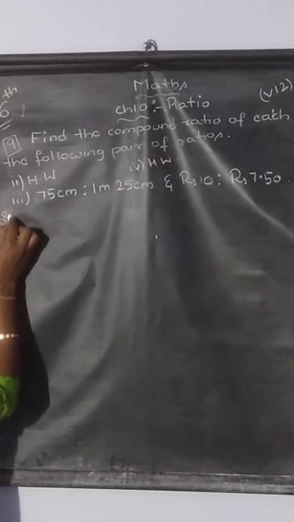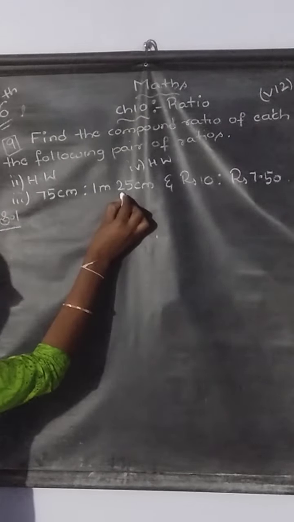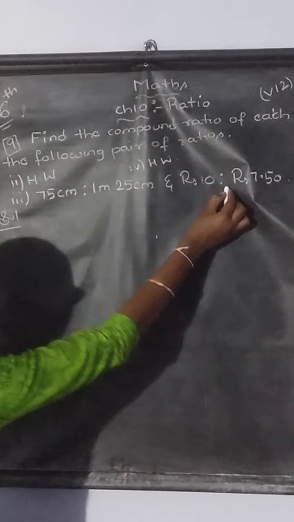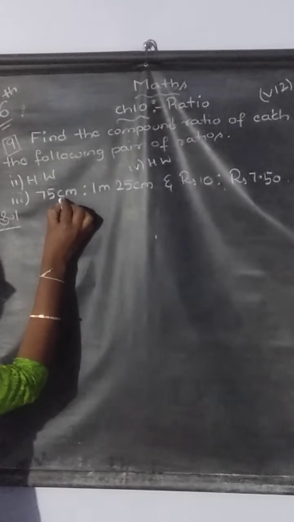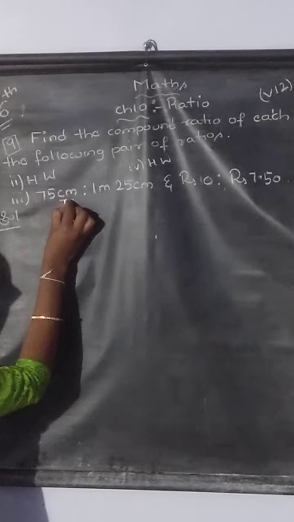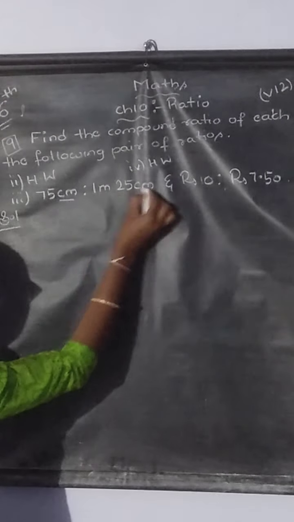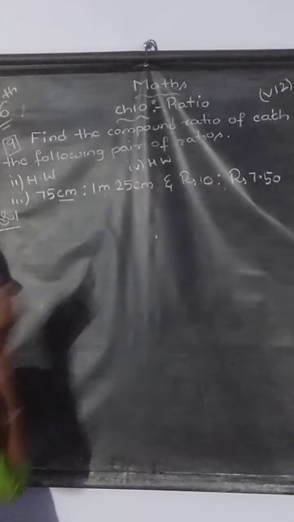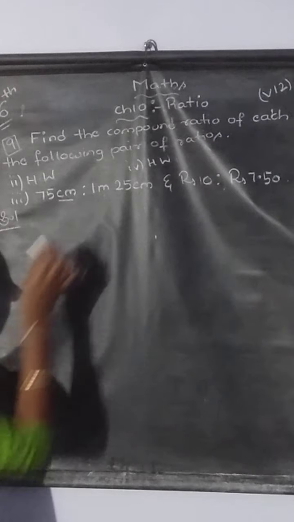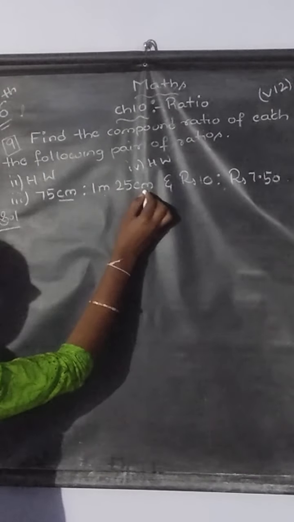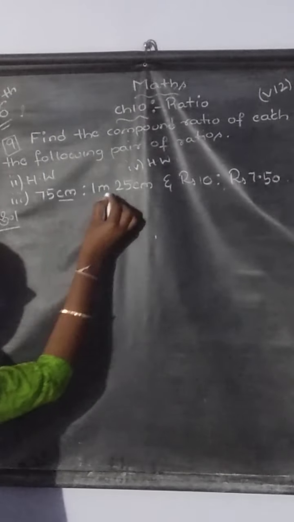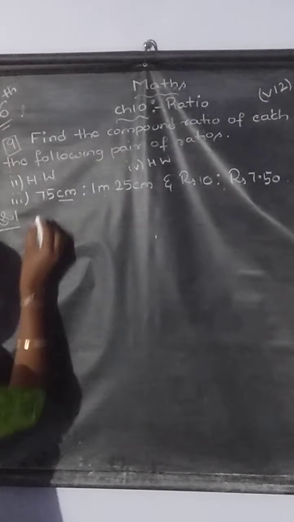Okay. See what they have given. See, they have given two ratios here. One ratio and another ratio. See, in this ratio, the antecedent has 1 unit, whereas the consequent has 2 units. Okay. Always, a ratio should be in a single unit. So first let us convert this into centimeter, because even this is in centimeter, no? So we shall convert this entire quantity into centimeter.